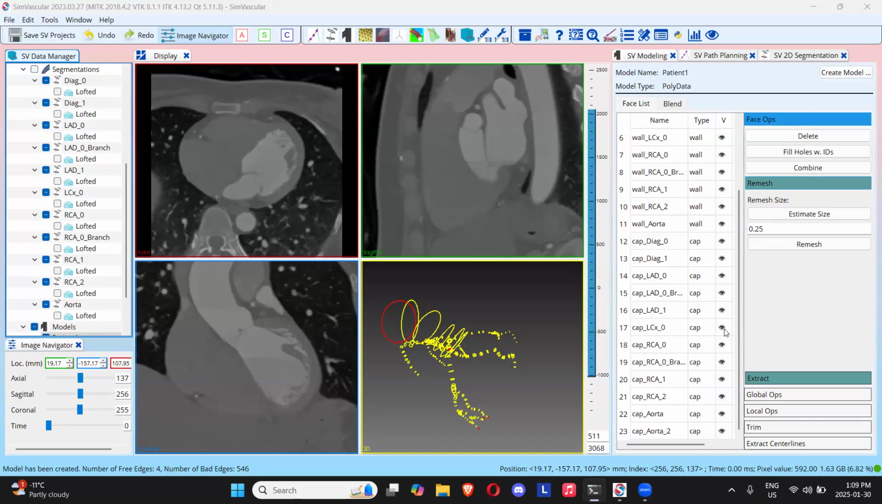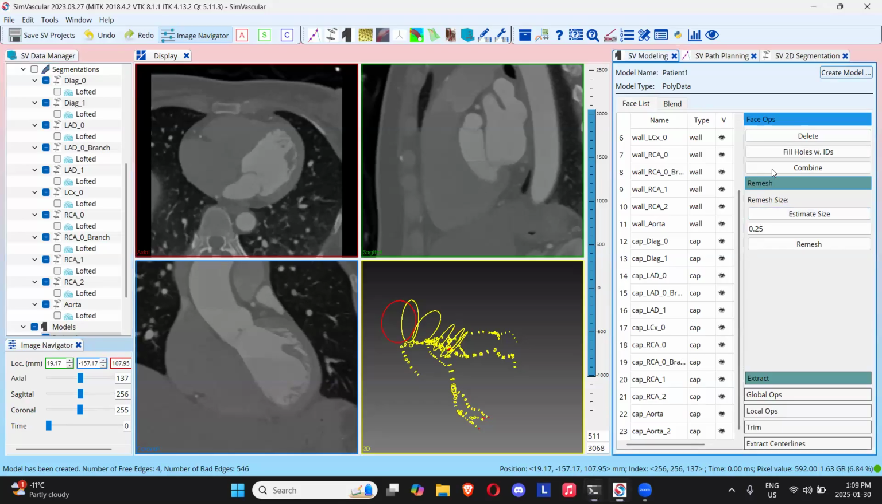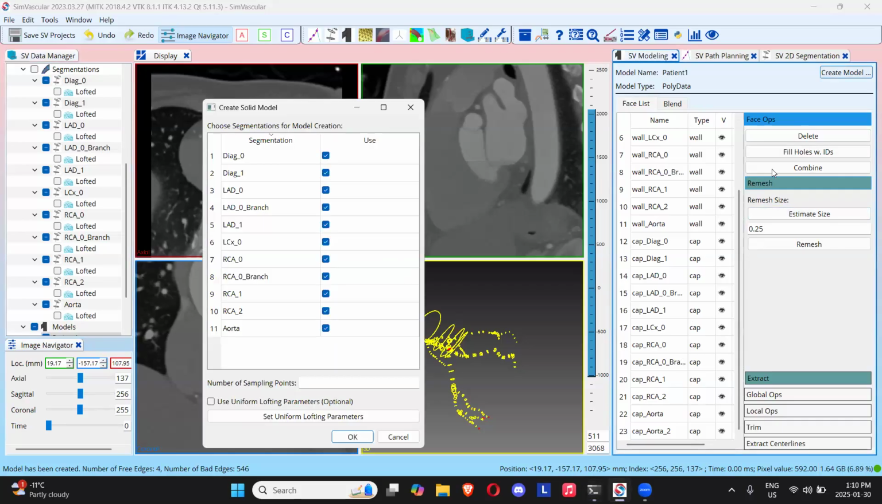But usually you do not know which one of the segmentations caused this, unless we can see that you have a true cap for one branch other than aorta. So usually what I do to address this error is press create model here. Uncheck all of them, use none. Select only a few of them, like aorta,